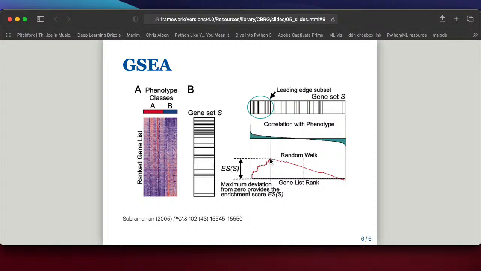And from this, you can calculate what's known as an enrichment score. And the enrichment score is just the maximum height of this plot. So the higher the plot, the more significantly regulated a given gene set is. And you can also see in this case, the enrichment score has a positive value. But if everything were clumped here, you would see kind of the mirror image of this. This would be below the x-axis. And then you'd have a negative enrichment score. And that's it. That's how enrichment scores are calculated.